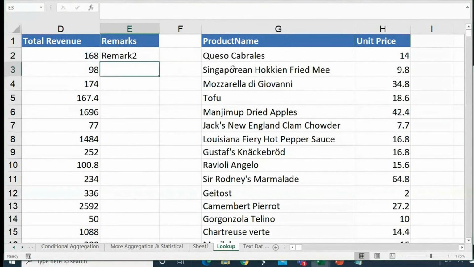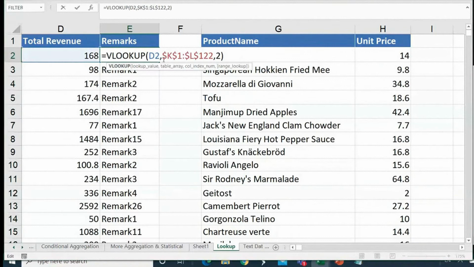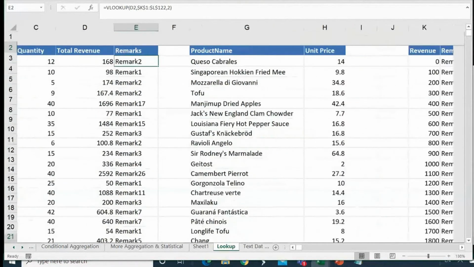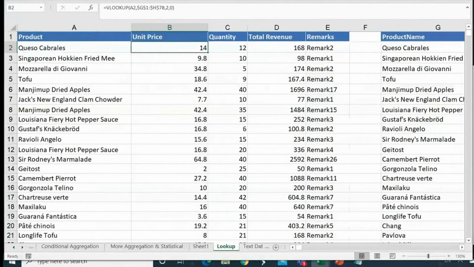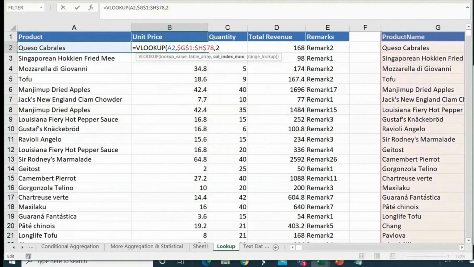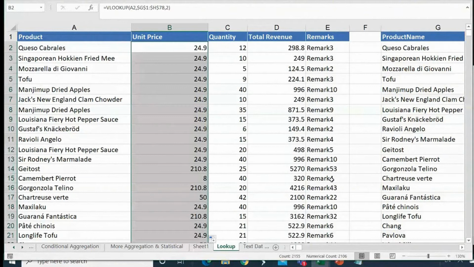Look at this. If I close directly, hey, I got my remarks too, I will get many things else. Such a nice way. Just in 3 parameters, the VLOOKUP function has brought me this information. So that's something really wonderful in VLOOKUP. See guys, in the previous one, if I had not put the 0 here, if I just close this, enter, it could have been a wrong value. Look at this, such a bad way it is reacting.